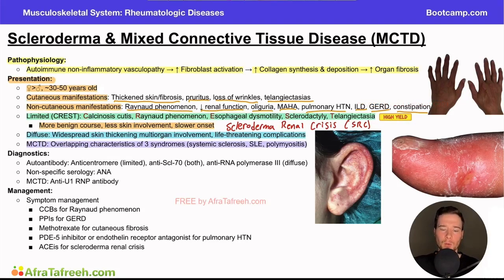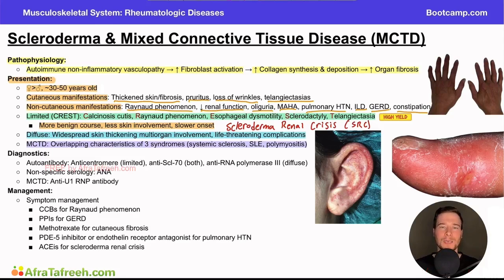The key one that I really want you to know is about the Raynaud's phenomenon, because most patients who have MCTD or mixed connective tissue disease are going to present with this physical exam finding. And so one of the ways they might test this on test day and see which students know MCTD versus scleroderma is to give a more benign course. Additionally, we're going to talk about the diagnostics, one of the key differentiating tools that we use to differentiate scleroderma